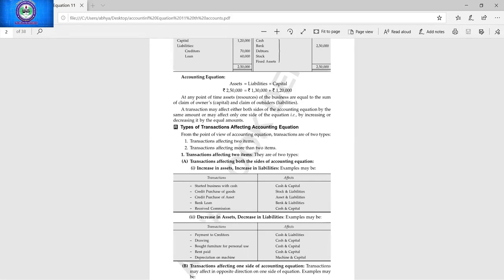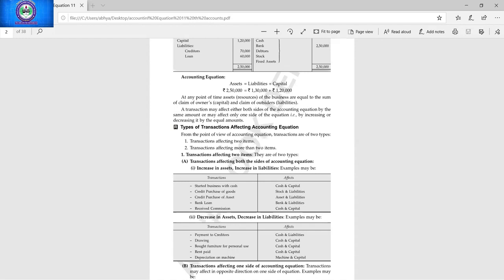Very good understanding. Now I am unmuting Abhay Bansal. Now I'm giving you one transaction. You will be telling me, others can give me the answer in writing. Okay, students. Deposited cash into bank. Just like you withdrew cash from bank, similarly you may deposit cash into bank. Abhay, please tell me which two accounts are involved in this transaction. Bank and cash. Yes, very good.